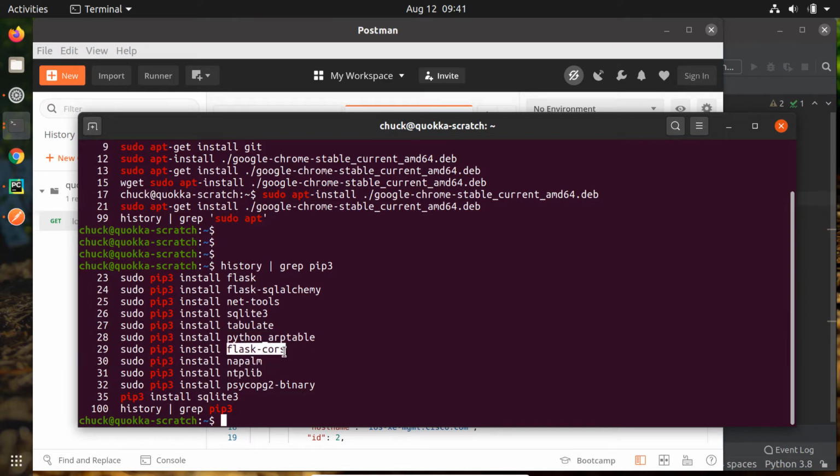Flask-CORS is what I use in order to let other hosts that are running the UI communicate with my Flask/Quokka RESTful web server that's running. So I need to do that. NAPALM I'll be using when I talk to devices. NTP-lib I'll be using when I communicate with the services for NTP. And this one that looks kind of funny, I don't even know how to pronounce that, but that is for doing database work with Postgres. And then let's see,